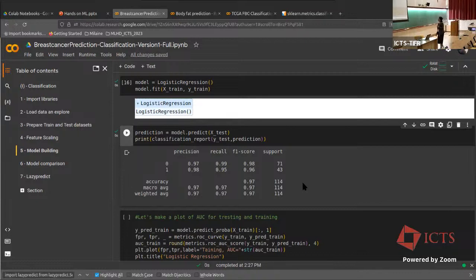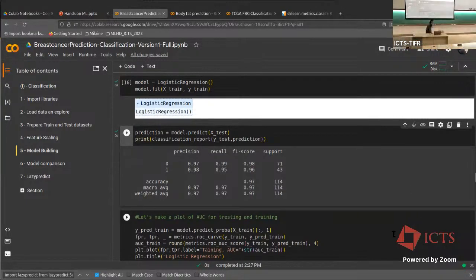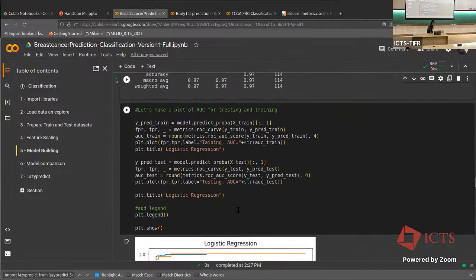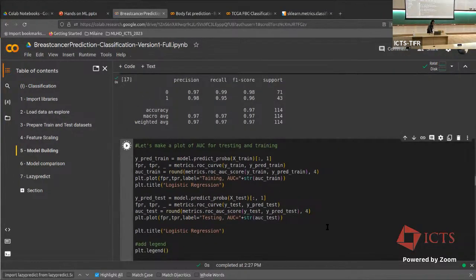So these are the different metrics that you can use to evaluate your model, okay? But I actually like to do it visually using the ROC AUC score. So there are many metrics available. This is one of them. And you also have the two-dimensional array, the confusion matrix, that you use to show how many true positives, true negatives, false positives, false negatives you have. So this is one of the reports that you can have a look at. But I normally like to see visually how it looks. So when I run this one,